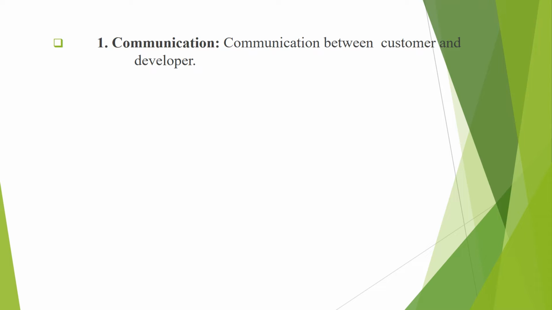Let us discuss various phases of waterfall model. So the first phase that is very important, that is the communication phase. In the communication phase, the major task performed is requirement gathering, which helps in finding out the exact need of the customer. Means what are the hardware software requirements and what are the functional requirements that are wanted by the customer. Once all the needs of the customer are gathered,